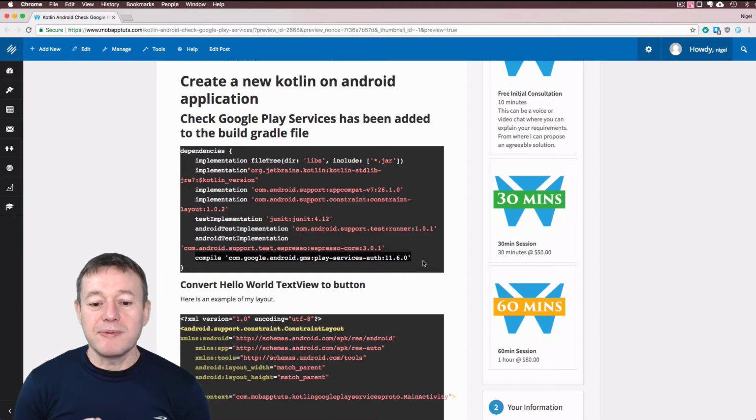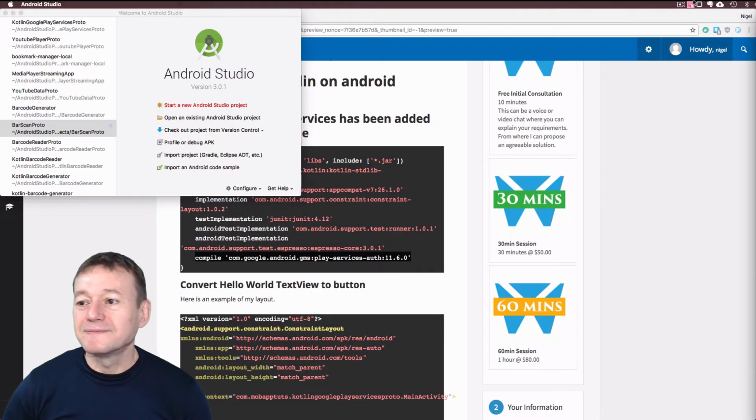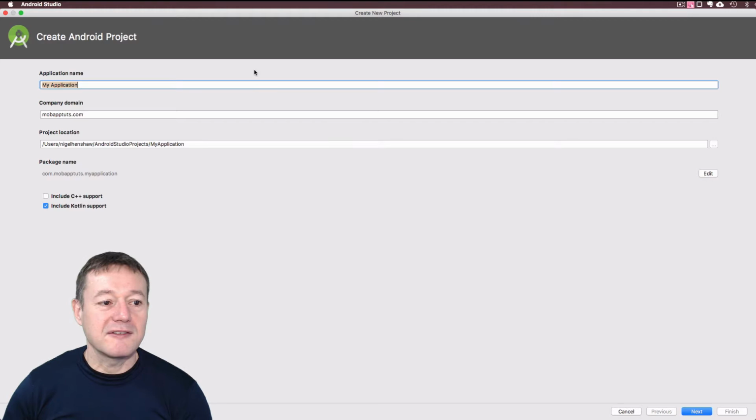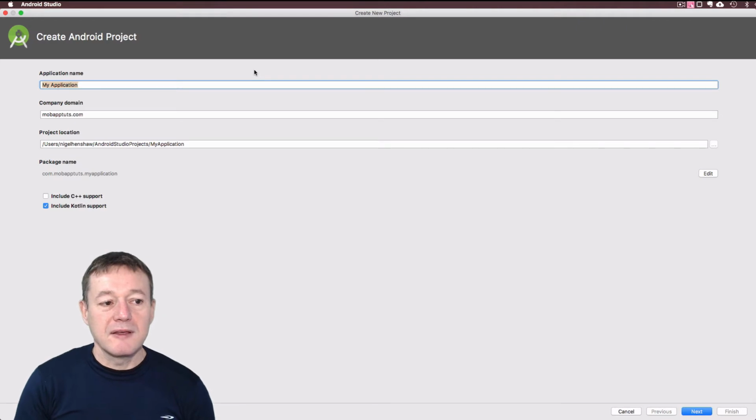Next step is to actually create an application that I can paste this onto. So we'll go across to Android Studio, create a new Android Studio project. I'll just drag this across into my window so you can see it. And I'm going to call this Google API Authenticator,